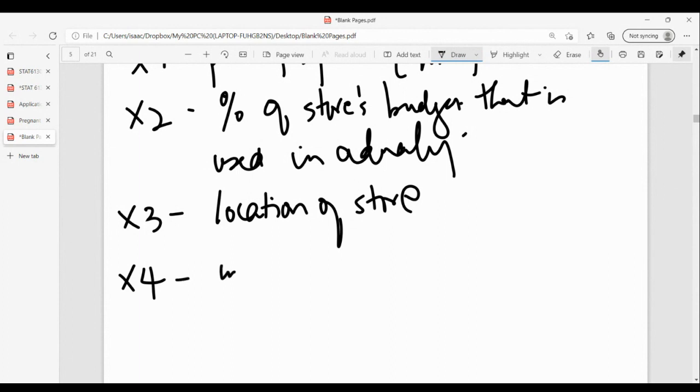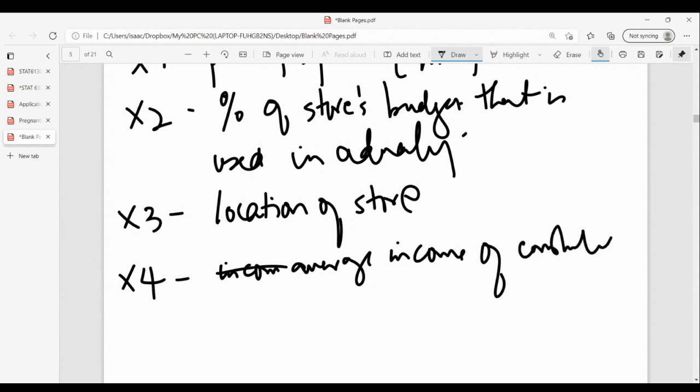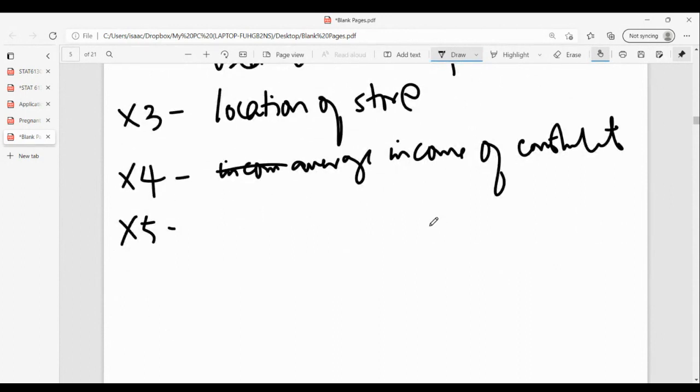Another variable might be the average income of the constituents around that store, right? X5 could be the number of employees that you have in the store, because if you have a large number of employees, then the waiting time for each customer would hopefully be reduced, right? So the customer would not have to spend a long time in the store. So the number of employees,